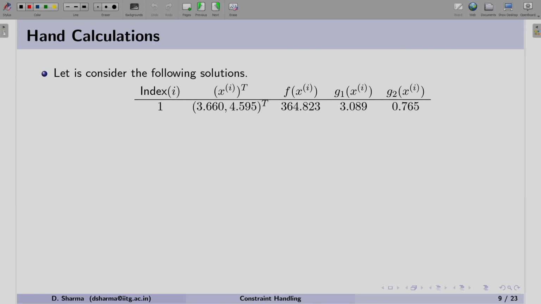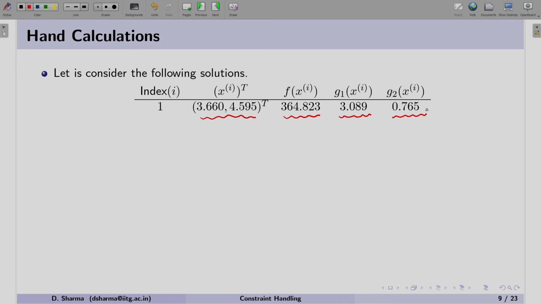So, let us consider the solutions one by one. Here we chose the first solution as given in the table, and at this particular solution we can find the objective function by putting in the values of the x1 and x2 components. Thereafter, the same solution in the G1 constraint gives the value 3.089, and in G2 it is